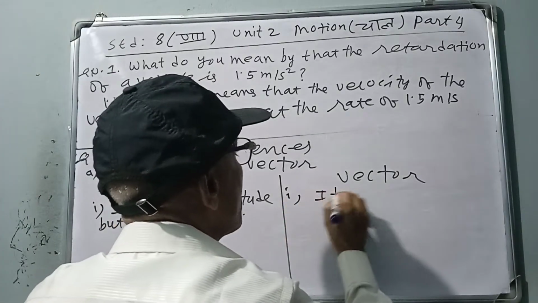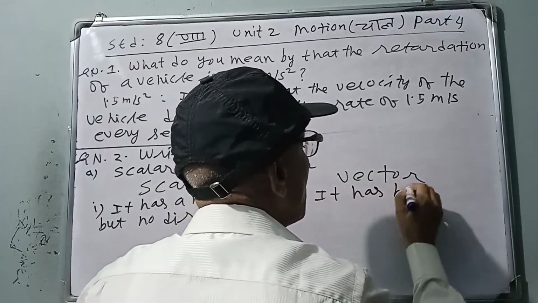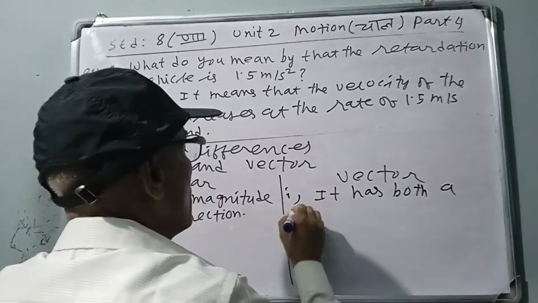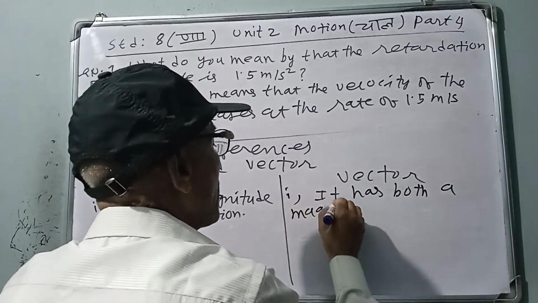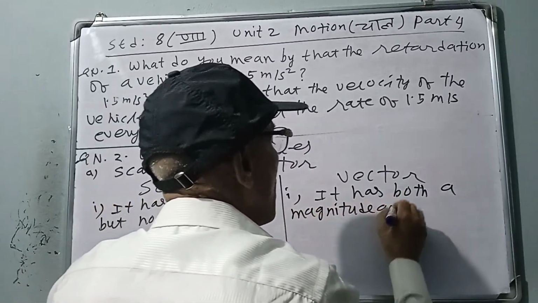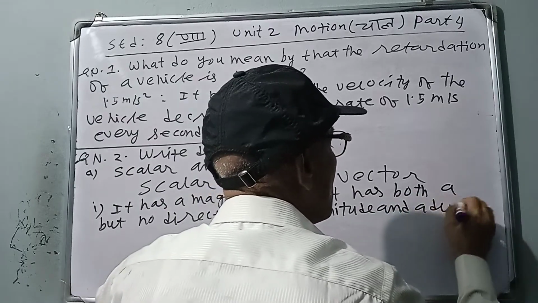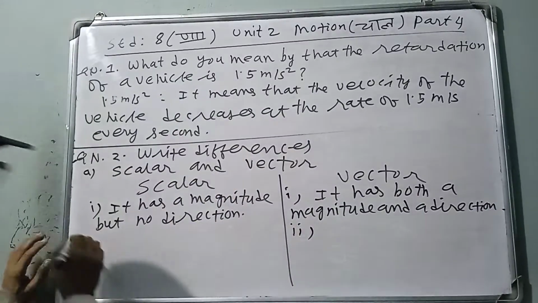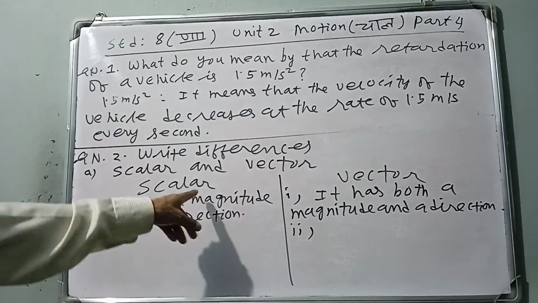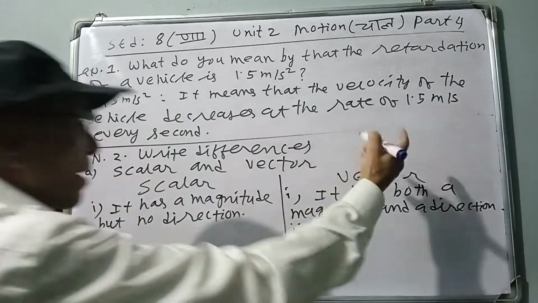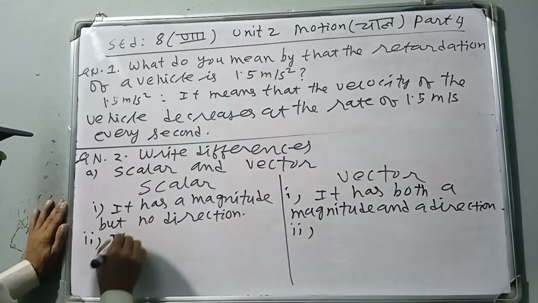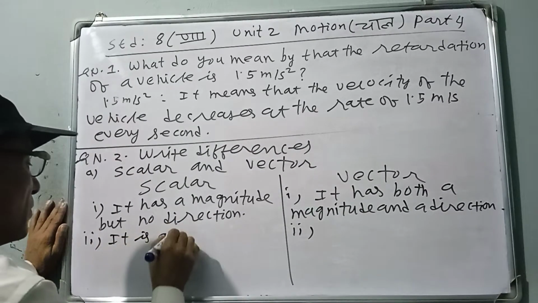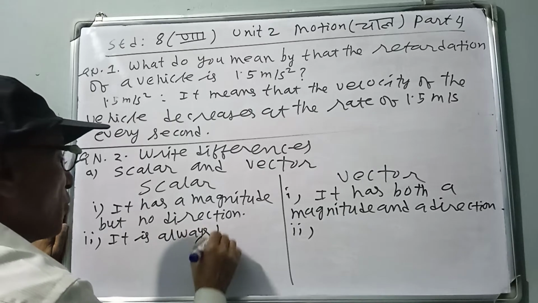A vector has both a magnitude and a direction. Another difference between scalar and vector is that a scalar is always positive,